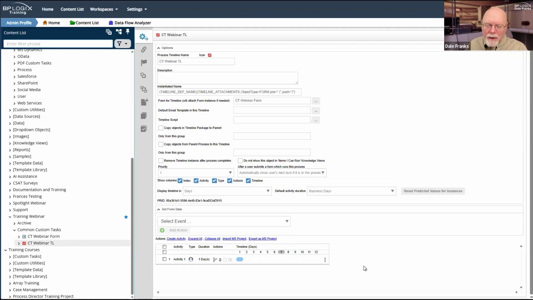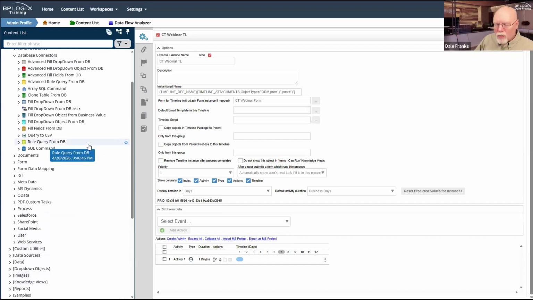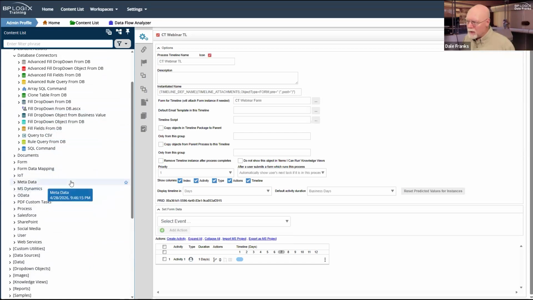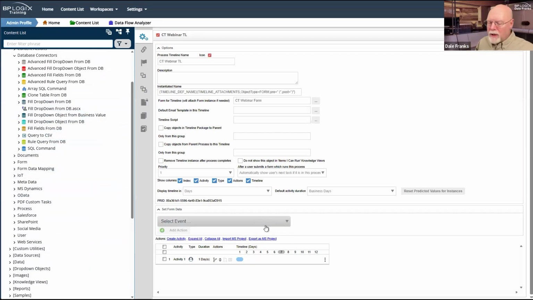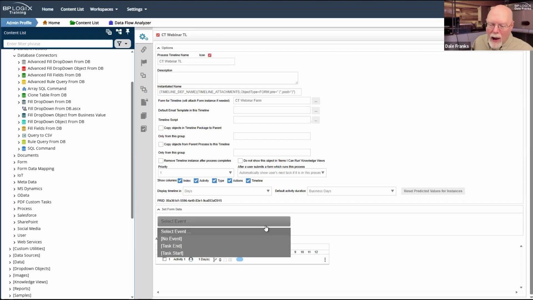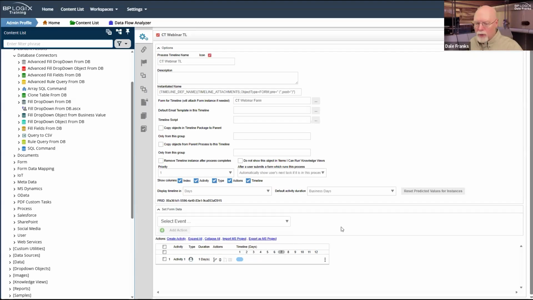And it takes a couple of seconds to do that configuration, versus having to repeat the same configuration on the same custom task on 5 different forms. That's just a lot of extra work that you don't need to do. So if you have a UI method like set form data or fill dropdowns, you should be doing it in the UI using a business value to grab your data, rather than having to reconfigure these same set of custom tasks over and over and over.